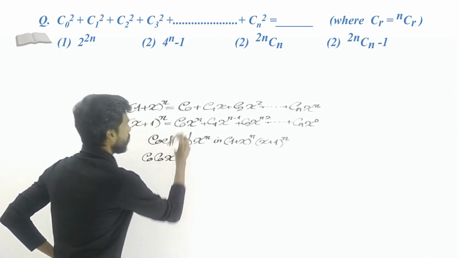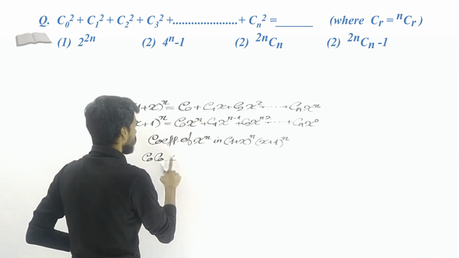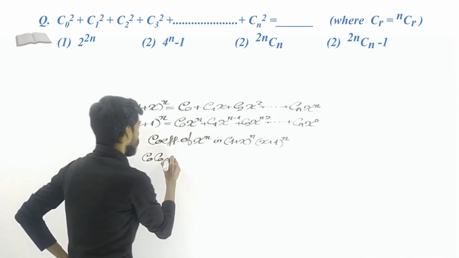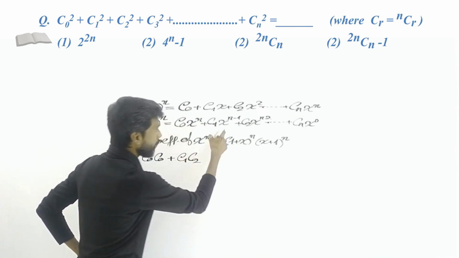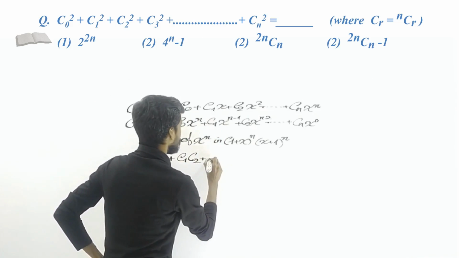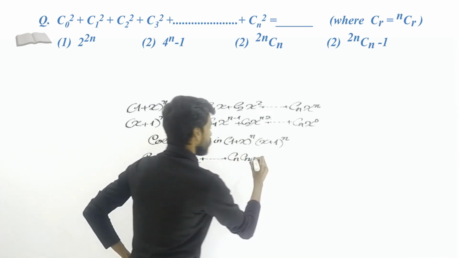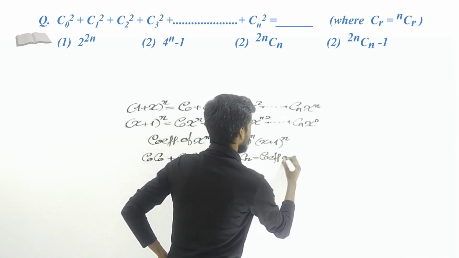X to the power n, right? Yes, we just need the coefficient, so we don't need to write this term. So only coefficient: c0 x to the power n, plus the next term c1 x to the power n. So these are the required coefficients. Finally we'll get cn, the last term. So that equals the coefficient of x to the power n,